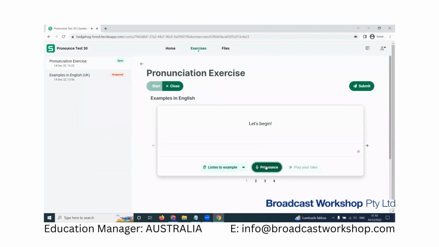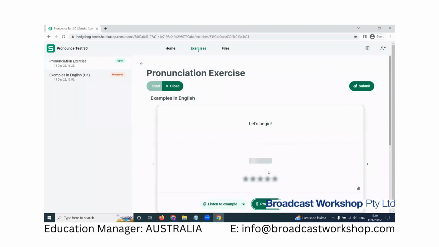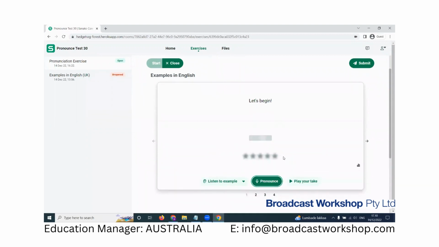Let's begin. Let's begin. Now, after we record ourselves, the system evaluates how well we did, and we receive immediate feedback on